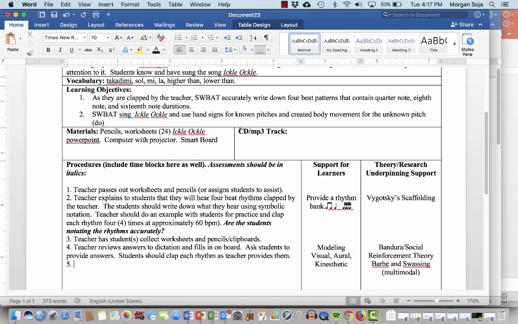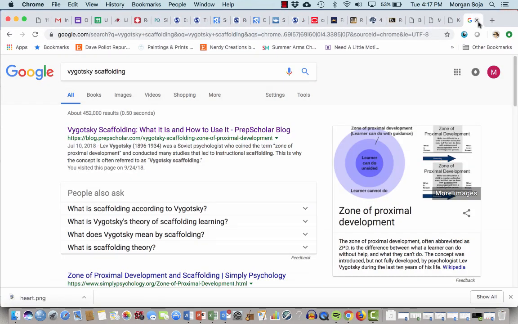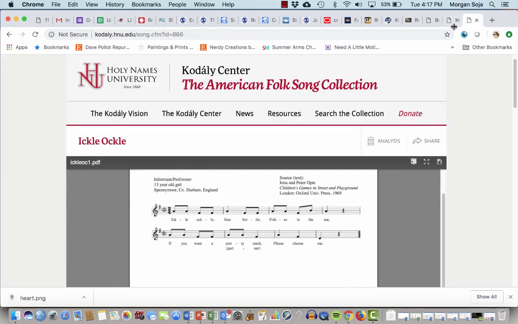All right, so how about then ickle-ockle? We've got to have that. So is there anything that we have? How can I tie it over? Is there any way I can do that? Let's look at ickle-ockle and see. I've got 4 beats. What if I had